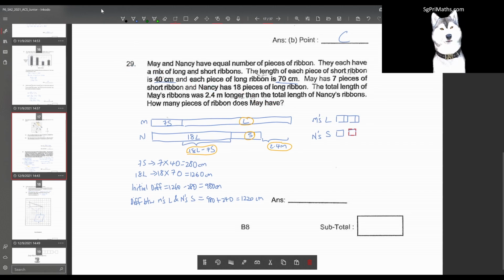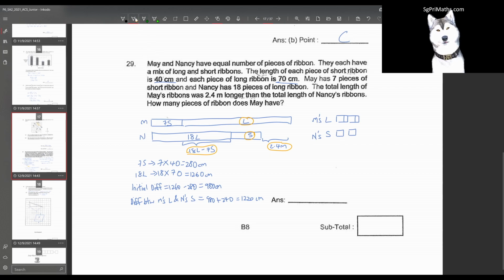Okay. So every long one will be 30 cm longer than the short ones. But at the same time, we don't know how many long ones or short ones there are. But what we do know